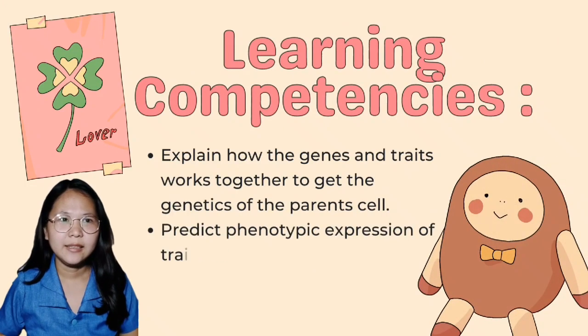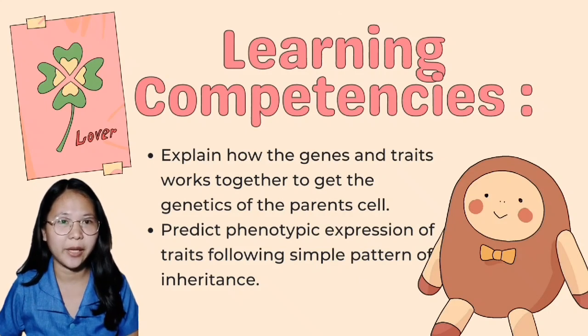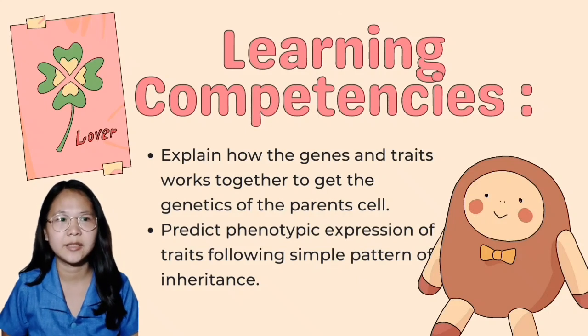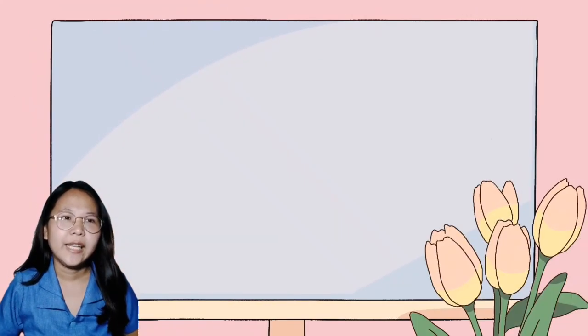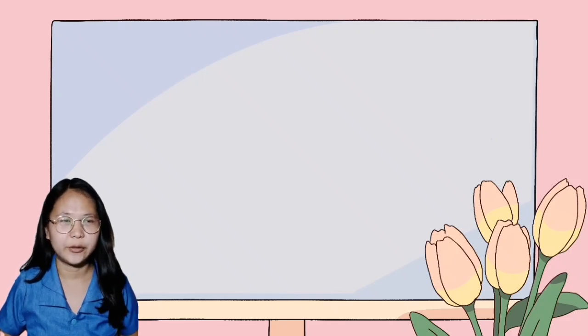The learning competencies are: explain how genes and traits work together to get the genetics of the parent cell, and second, predict phenotypic expression of traits following simple patterns of inheritance. Next, I am going to show a short video of the